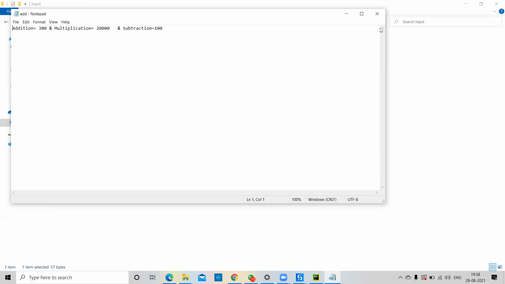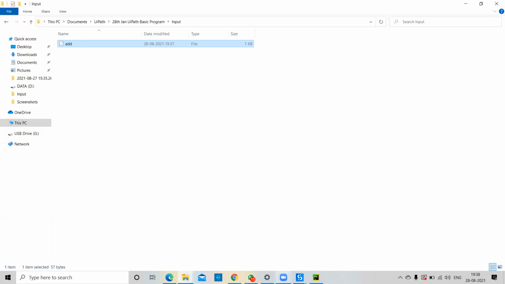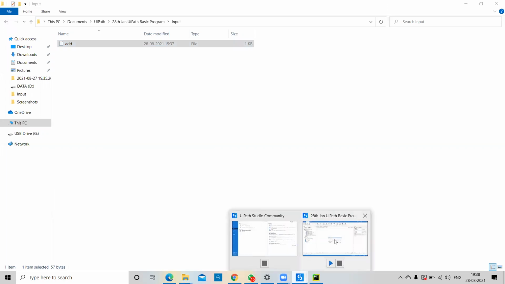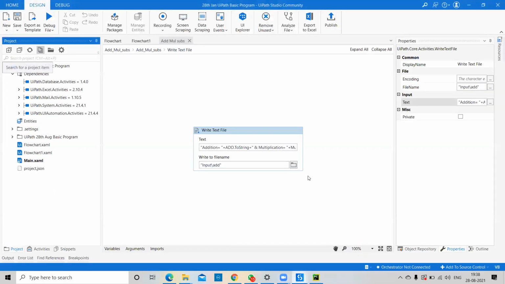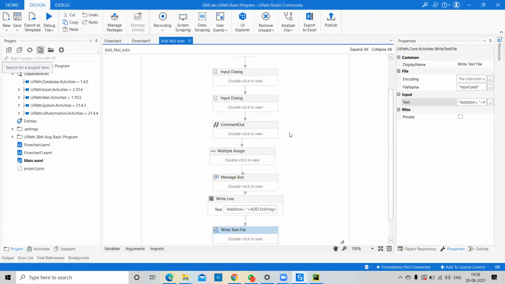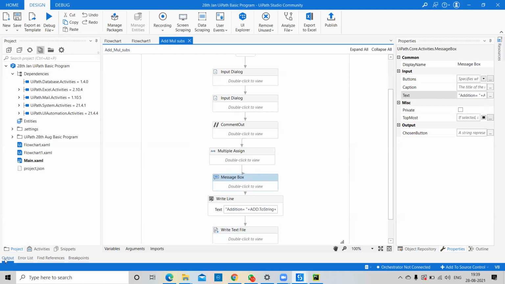Okay guys, one thing I will also tell you. Whenever you run this program, we are interacting with the user; that is called user action center. An input dialog box is rarely used in a project. This is called a message box. I will not recommend using the message box, because the message box's OK button is not possible to automate. That's why we are using WriteLine.